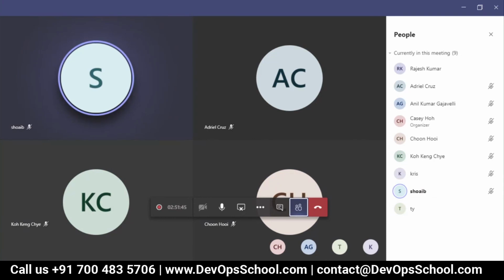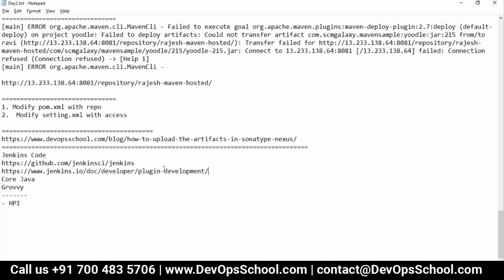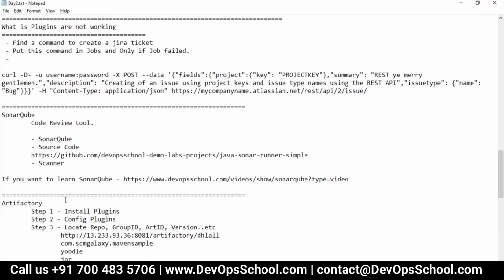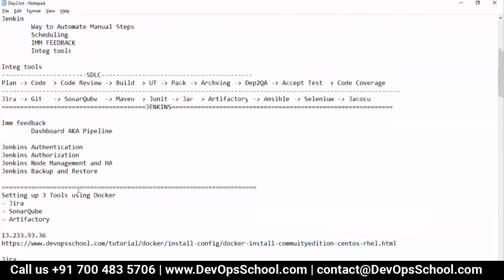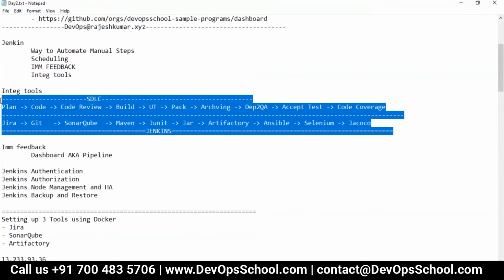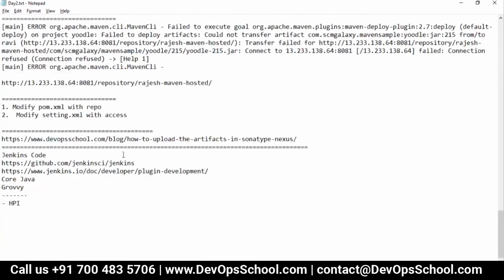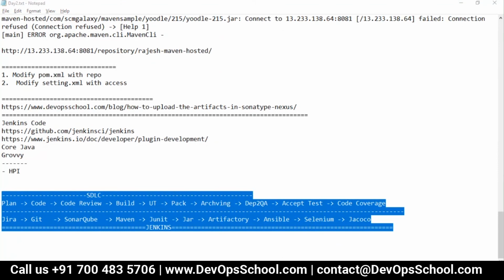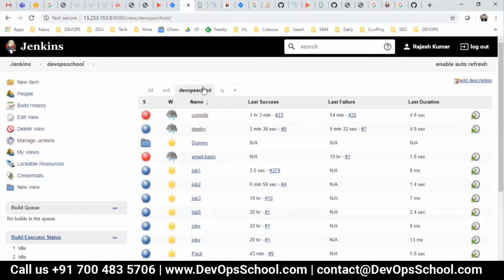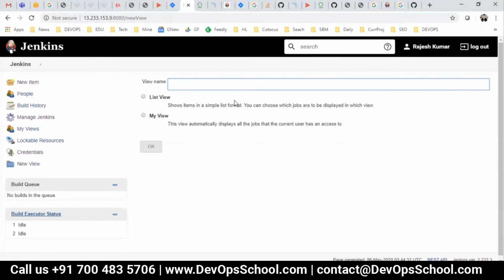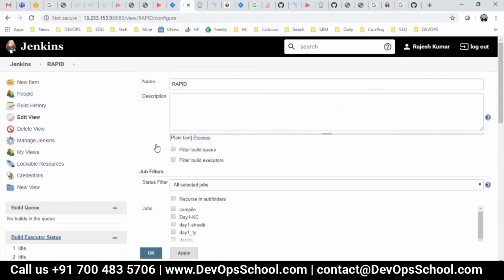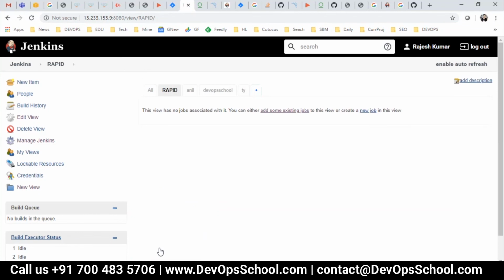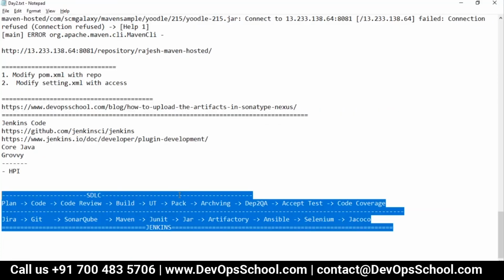So now it's a rapid round. I'm not going to be slow now, because ultimately the goal was this one. Now my rapid round starts, because you have to integrate, right? This is the rapid round. So let's get started. I'll create one more view. This is called rapid. Okay, just for the understanding and concluding this topic. Save it. There's no job right now.